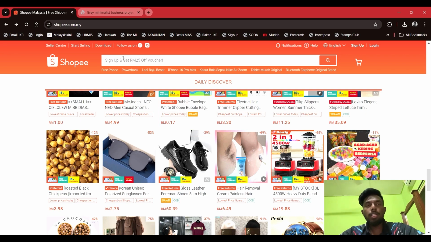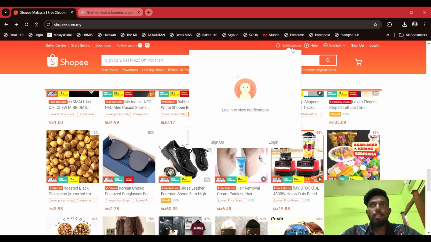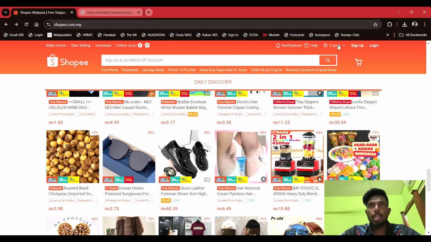In the top bar over here, we can see the search bar, where you can search for any type of product. We also have the notification center, help center, language, and sign up or login over here. So this is basically the interface of our Shopee.